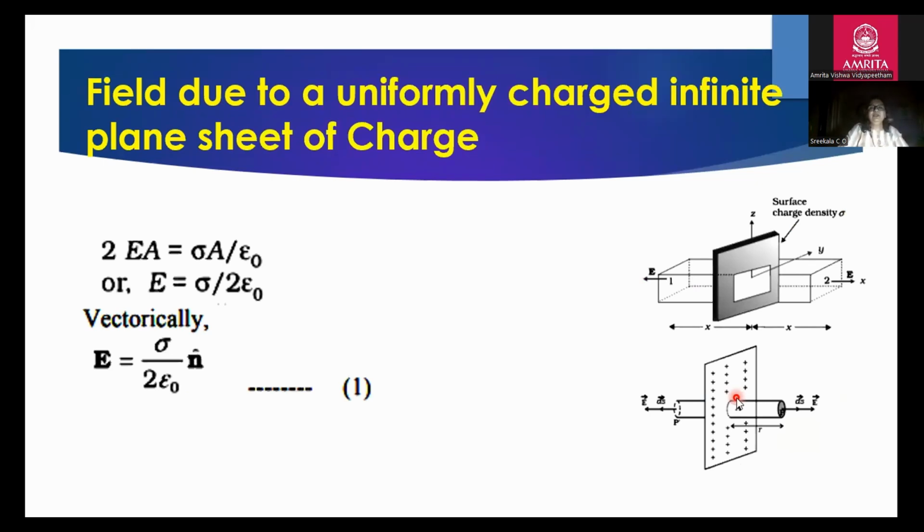Next is the field due to a uniformly charged infinite plane sheet of charge. So we are considering an infinite plane sheet of charge with plus sigma as the surface charge density. Sigma is the surface charge density, meaning charge per unit area, that is called a surface charge density. So in order to find the electric field intensity at a point P, which is very near to this